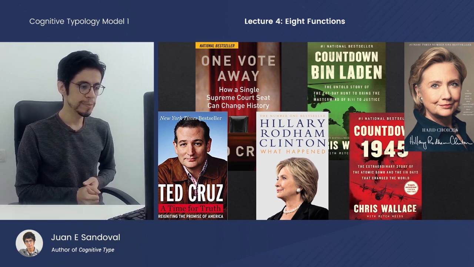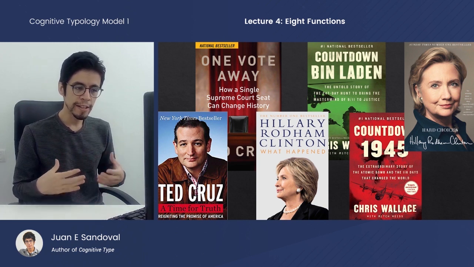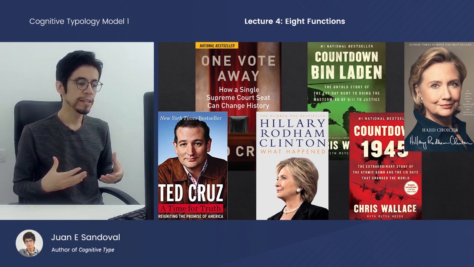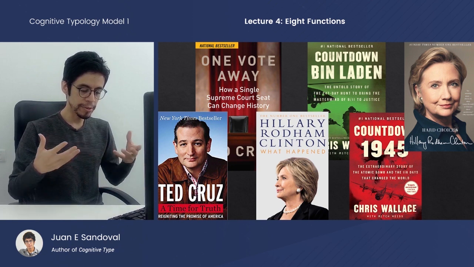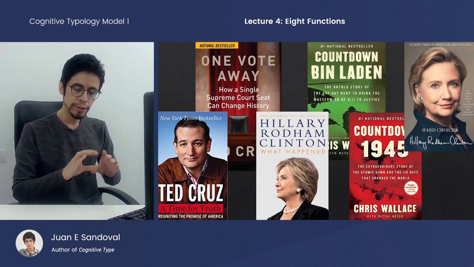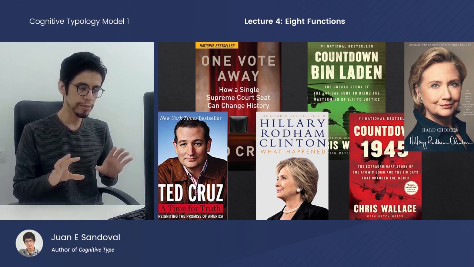And Hillary Clinton's book is actually called What Happened. So in that in itself, you see the kind of matter-of-fact informational focus of the books, just giving you the facts. Now, looking at book titles and trying to summarize the contents of them is one very anecdotal way to get a sense of what the differences are.